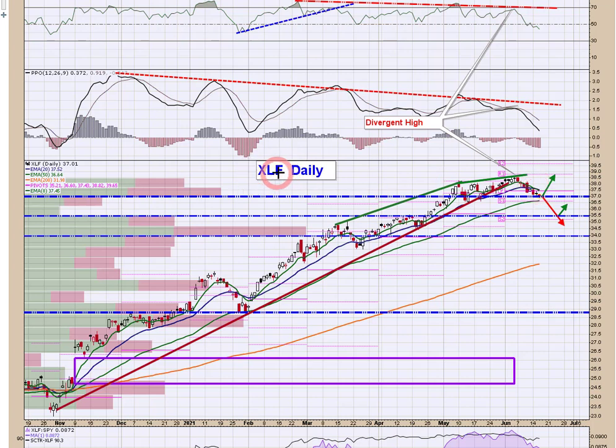I mean, XLF has banks and insurance companies and Berkshire Hathaway and all these different kinds of financials. And so it's not going to have the same type of price action as you would a JP Morgan. So if you're a guy that wants to identify a rising tide, then go find the best boats that are going to be able to capture that. Then you go into the charts and you look at the banks, you look at the asset managers, things like that, and you can look at Goldman, look at Morgan Stanley, look at all the money center banks, JP Morgan, Bank of America, Citibank, and you can even look towards the regional banks,